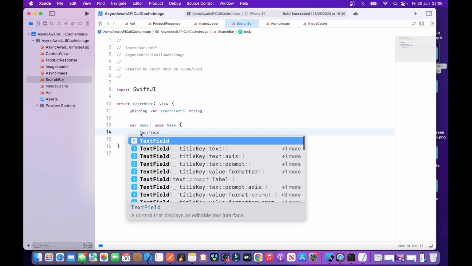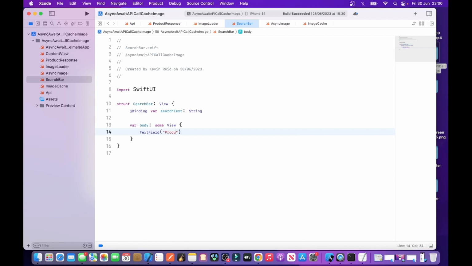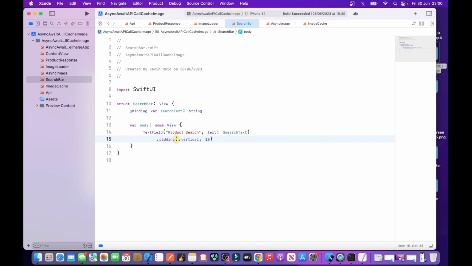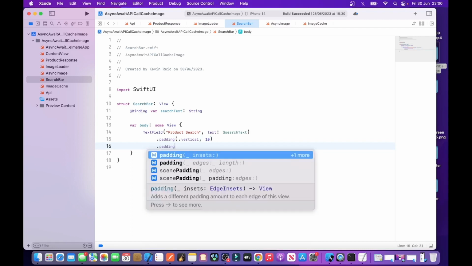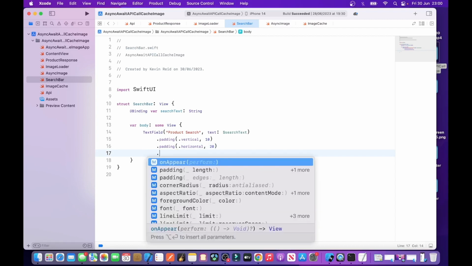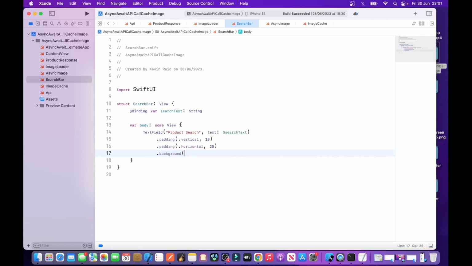Just type in TextField, open bracket, "Product search", text: $searchText, dot padding vertical 10, dot padding horizontal 20, dot background Color.gray opacity 0.2, dot cornerRadius 8,